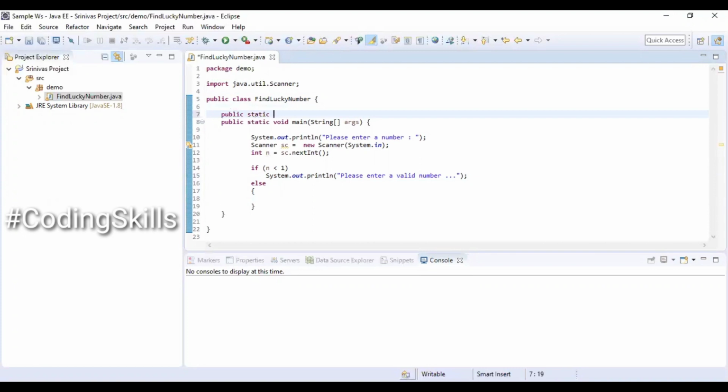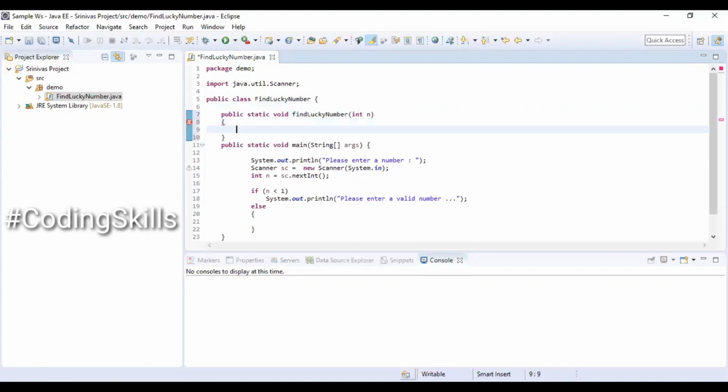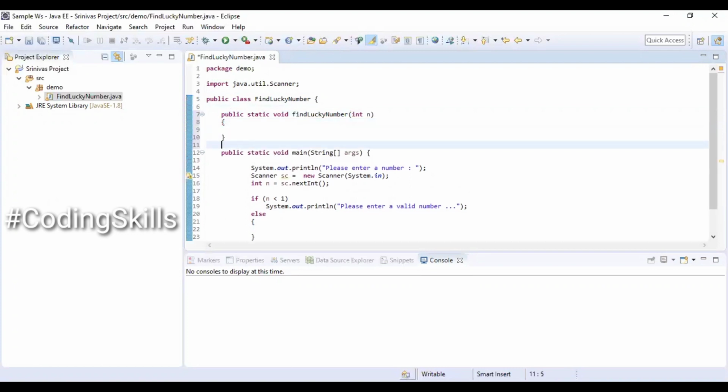Creating a static method which is of type public. Method name is findLuckyNumber, passing the integer value n, whatever we have read from the keyboard.